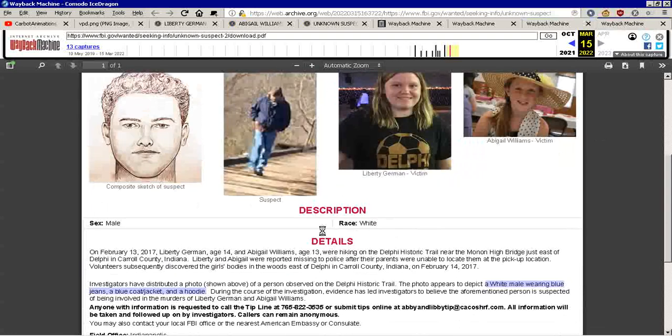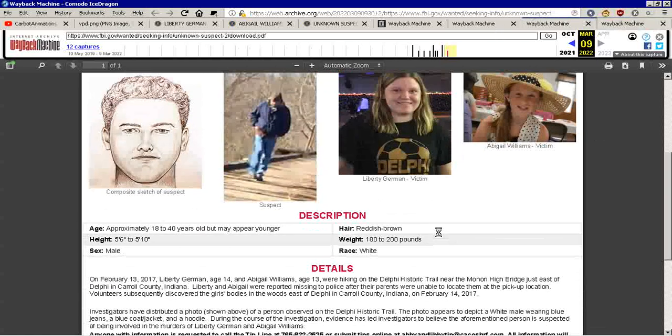It's missing, quote unquote, they removed the description. Well, the description was based on witness testimony or assumptions. Again, the original description details, this is the only thing that changed, is that it was average height, average weight, most common hair color, and age range that's typical for people that might look like either of these.